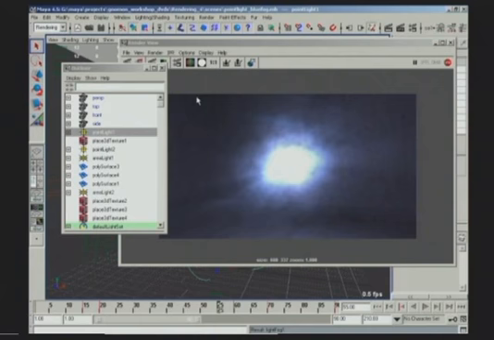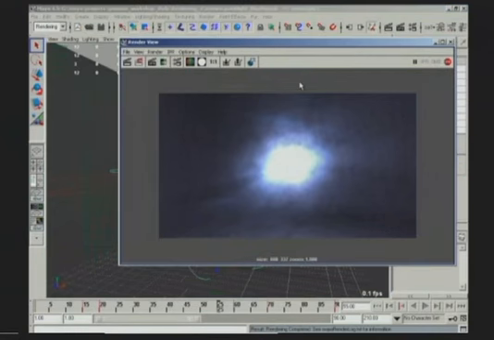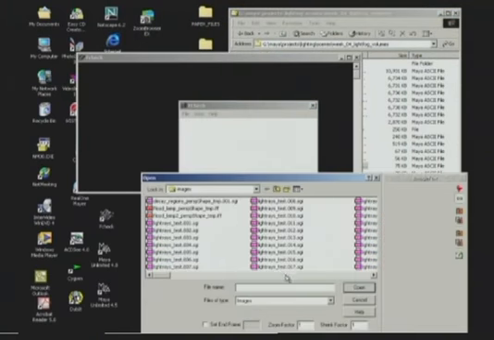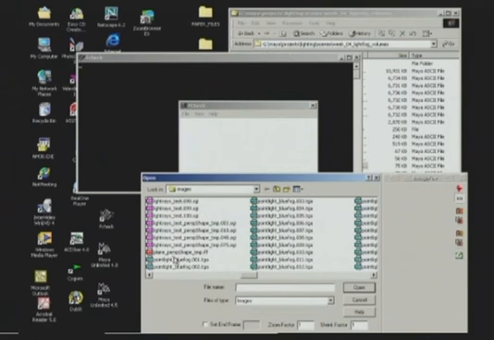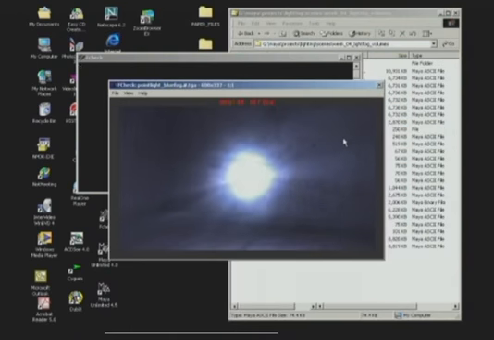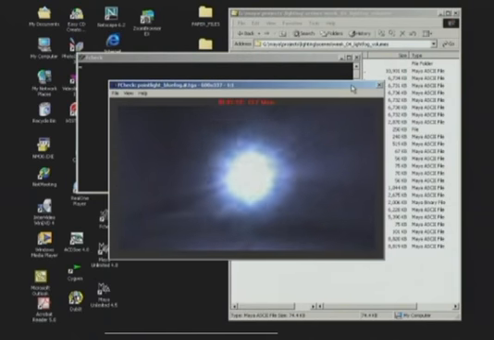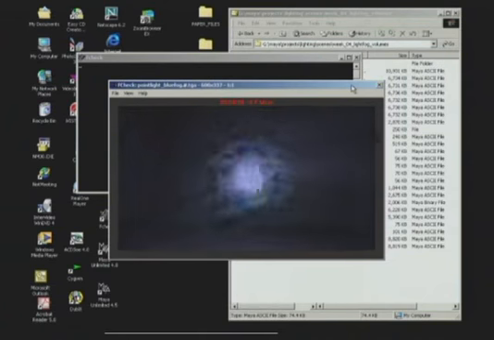So you can see you can animate any of these parameters. We're going to render out the sequence and take a look at that. And so now if we go out to fcheck and have a look at the sequence, you can see that we've got all of these things working together to create this great effect where the light color is mapped, the light fog is mapped, it's all animated, the radiuses are animated,